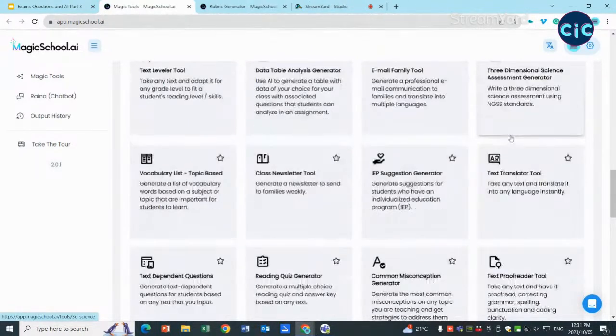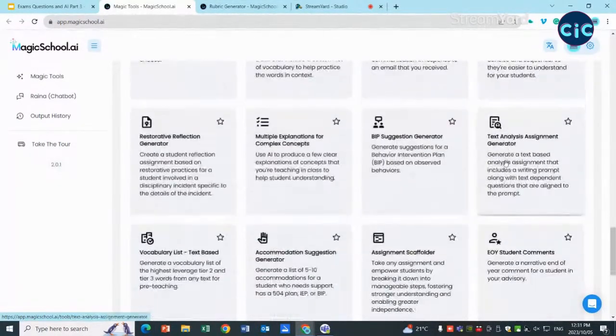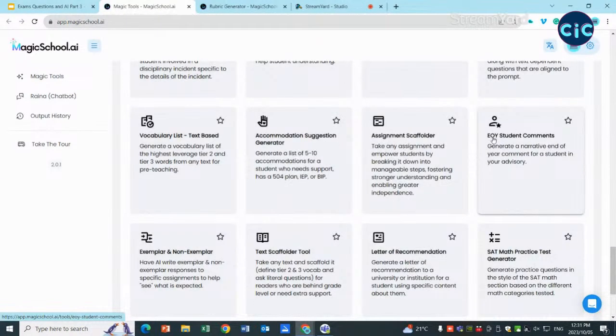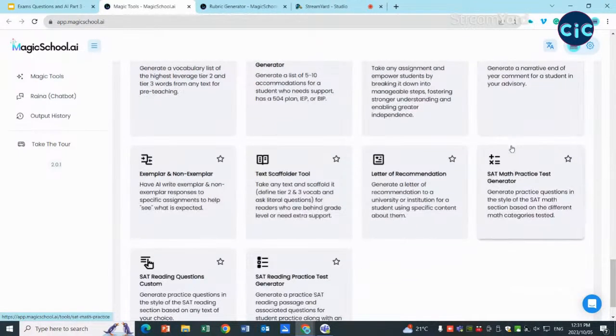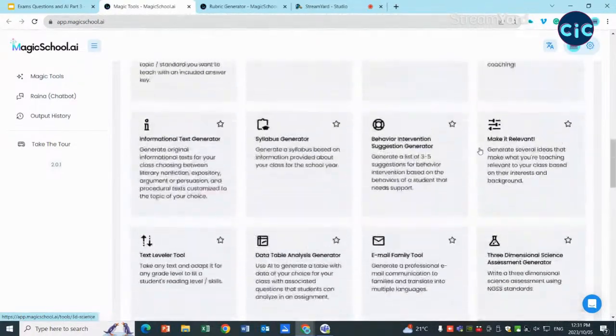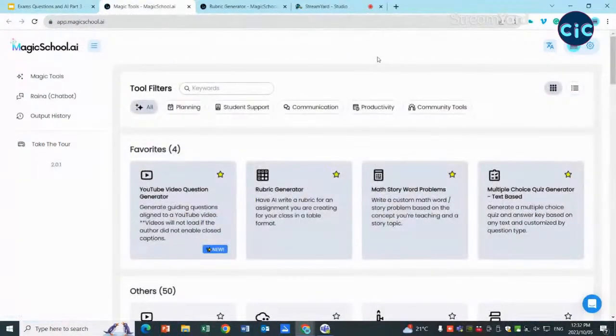There's some really cool things as well, like teacher jokes, and I'm trying to see what else. There's some interesting things here. I've used this tool. It's the end of year student comments. And if you're trying to generate some report comments, it's also extremely useful. Wow, so there's another massive one to lose a whole week or another Saturday morning in bed. And literally they keep generating new tools every single week.